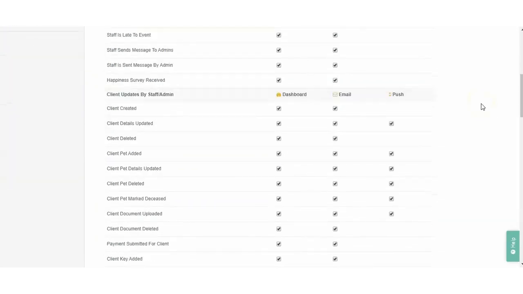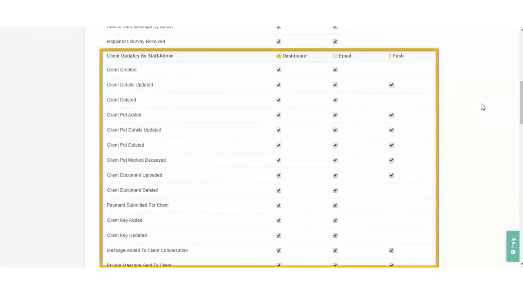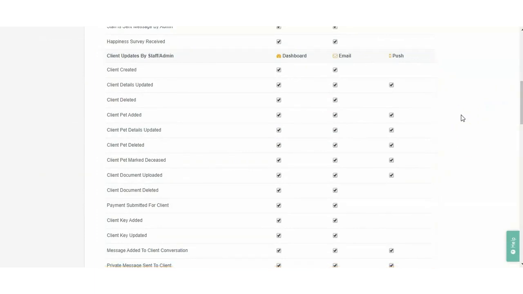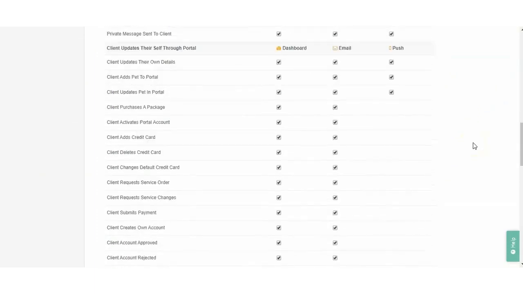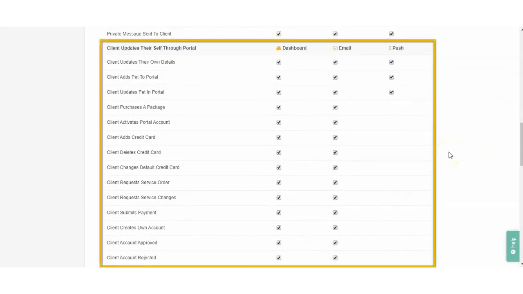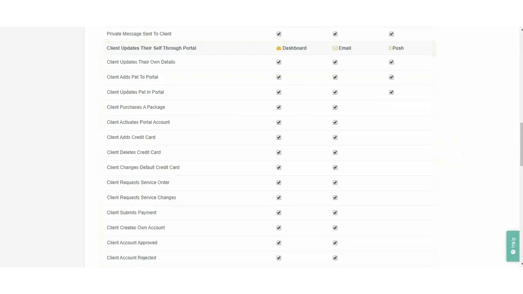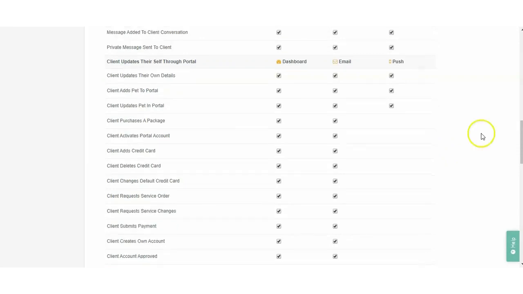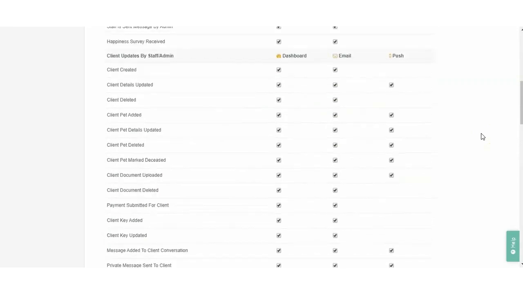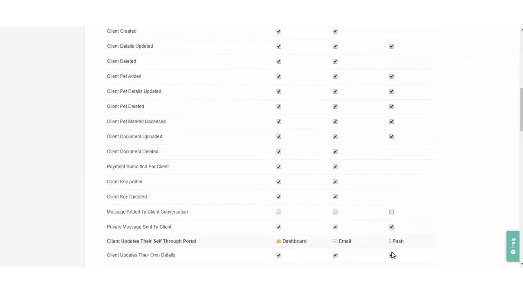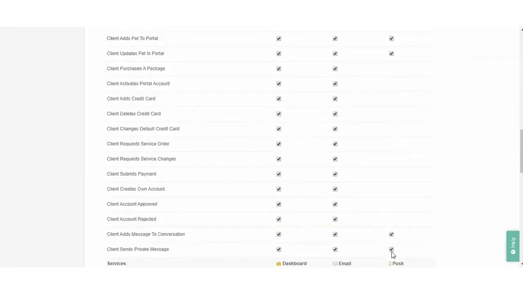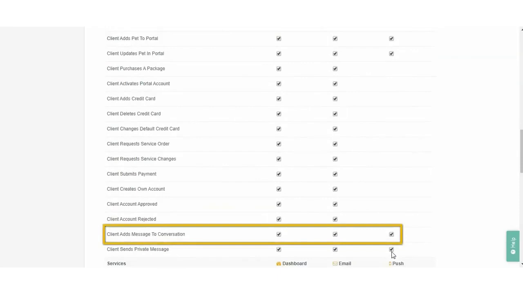The next section is for client updates by staff or admins. All these notifications are for actions taken by staff for a particular client, while the section after this, client updates theirself through the portal, is for actions taken by the client. So for example, if you wanted staff to receive a notification when the client sends a message, but not when another staff member sends a message to a client, you could disable the notifications for message added to client conversation under client updates by staff admin, while leaving the notifications enabled for client adds message to conversation under client updates